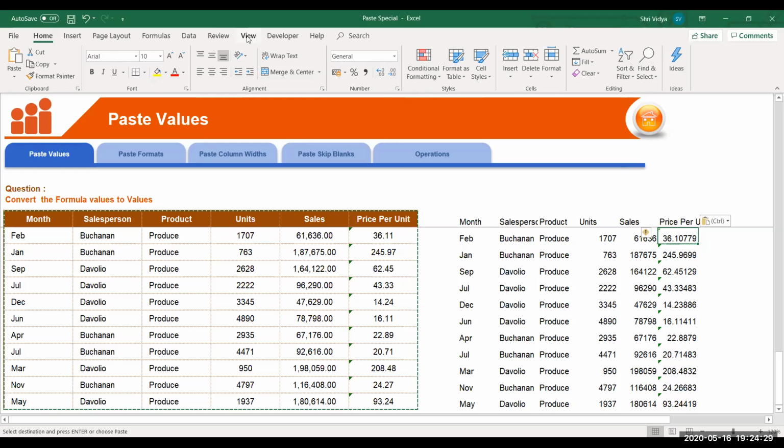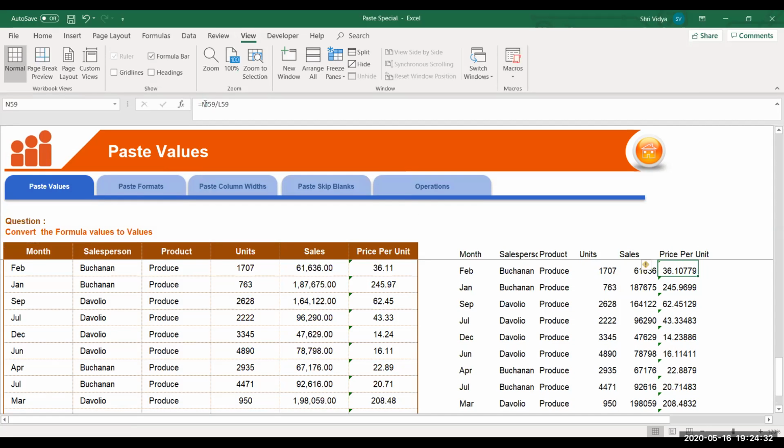You can see formulas have been retained there. You can check in the formula bar. And all the other cells which don't have any formulas, whatever was present there as a constant value, the same thing will be displayed here. So that is paste as formulas.